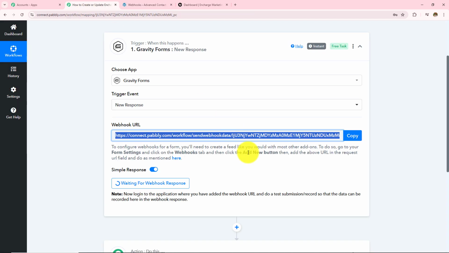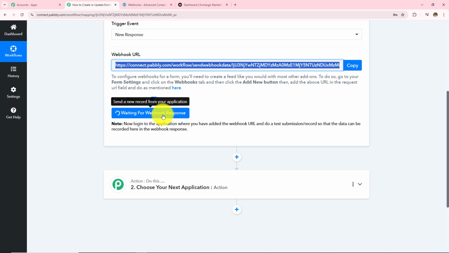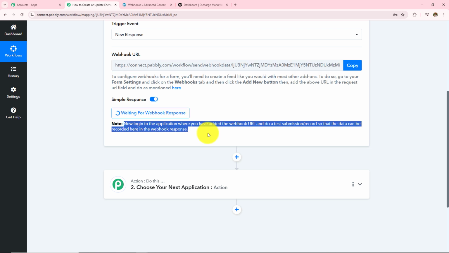Now let's go back to Pabbly Connect, and over here I can see waiting for the webhook response. Under this it is written, now log into the application where you have added the webhook URL and do test submission so that the data can be recorded here in the webhook response. This means so as to get the webhook response over here I need to do a test submission,